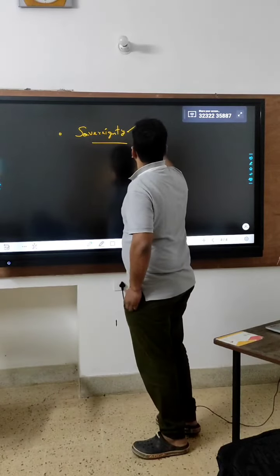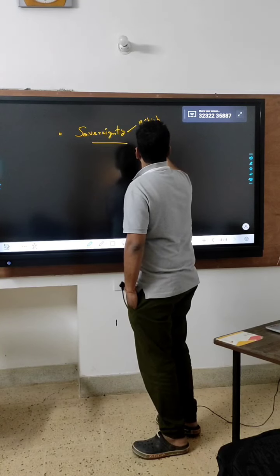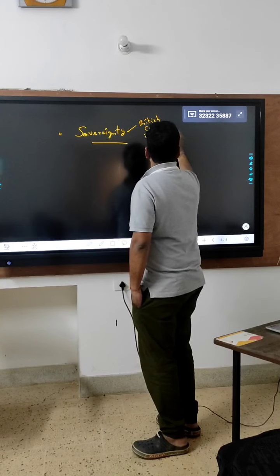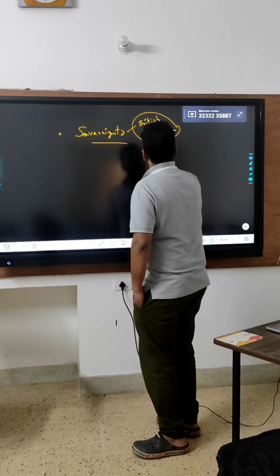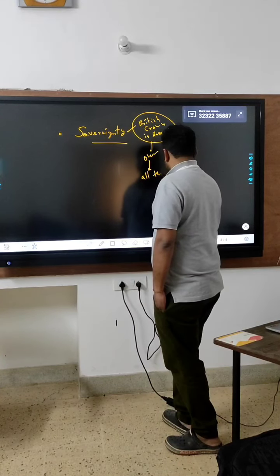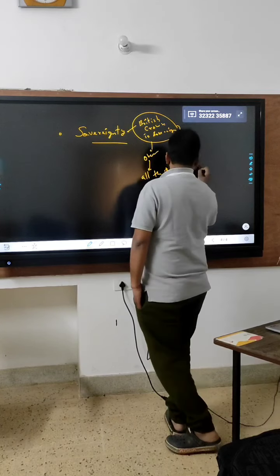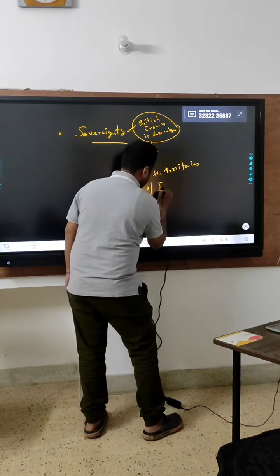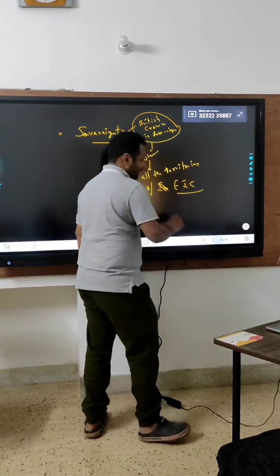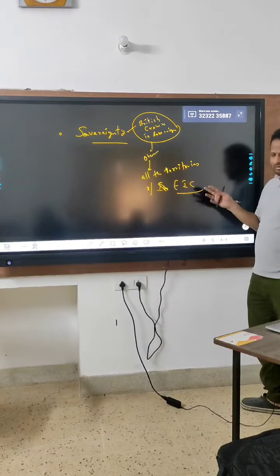The British Crown is sovereign. Over what? Over all the territories of East India Company in India. ठीक है? फिर third point is